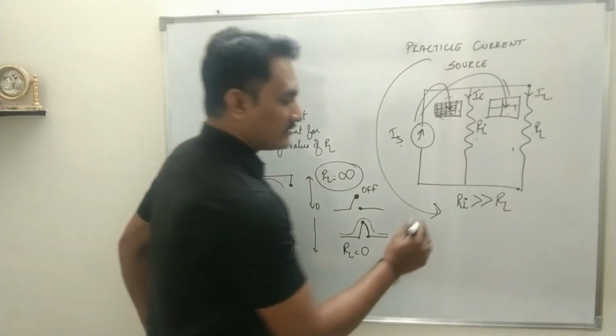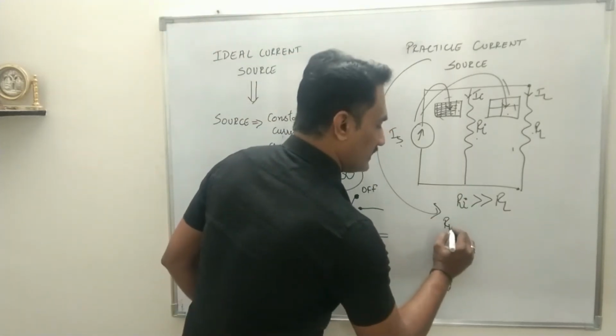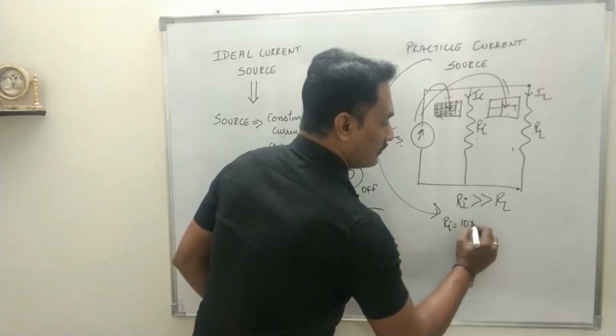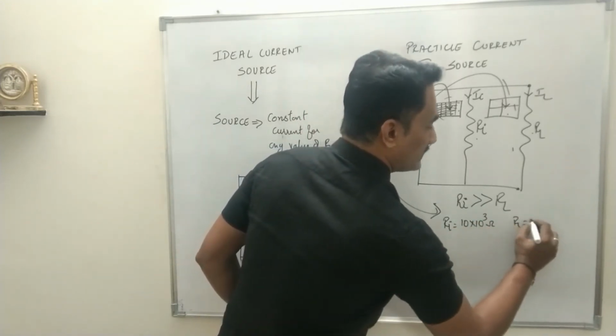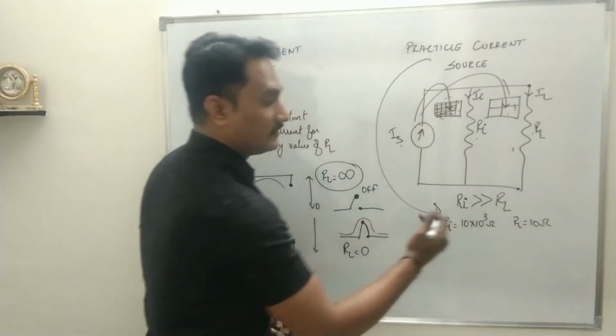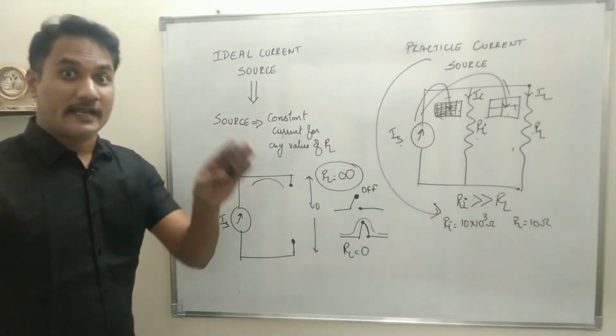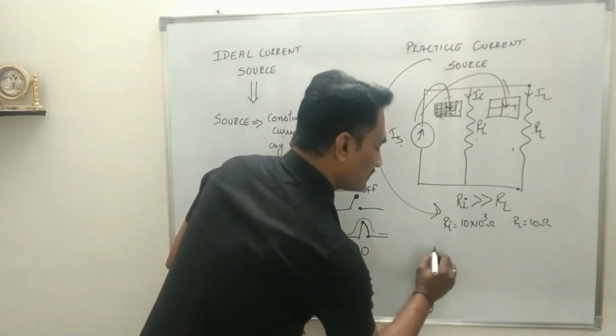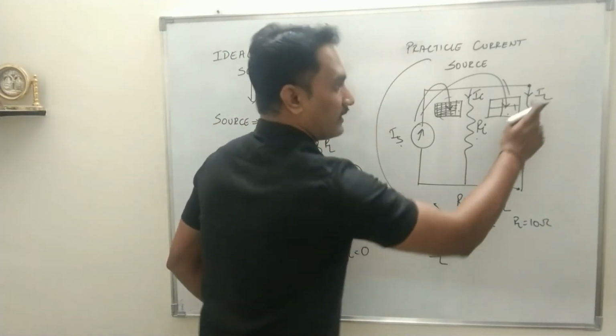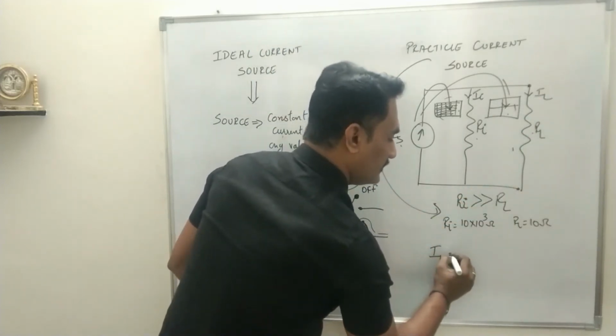Okay, so let us take an example. Say in this case Ri is 10 kilo ohms and RL is 10 ohms. So there is a significant difference in the value. Now Ri is much greater than RL. So now see what happens if I take the output current IL will be equal to